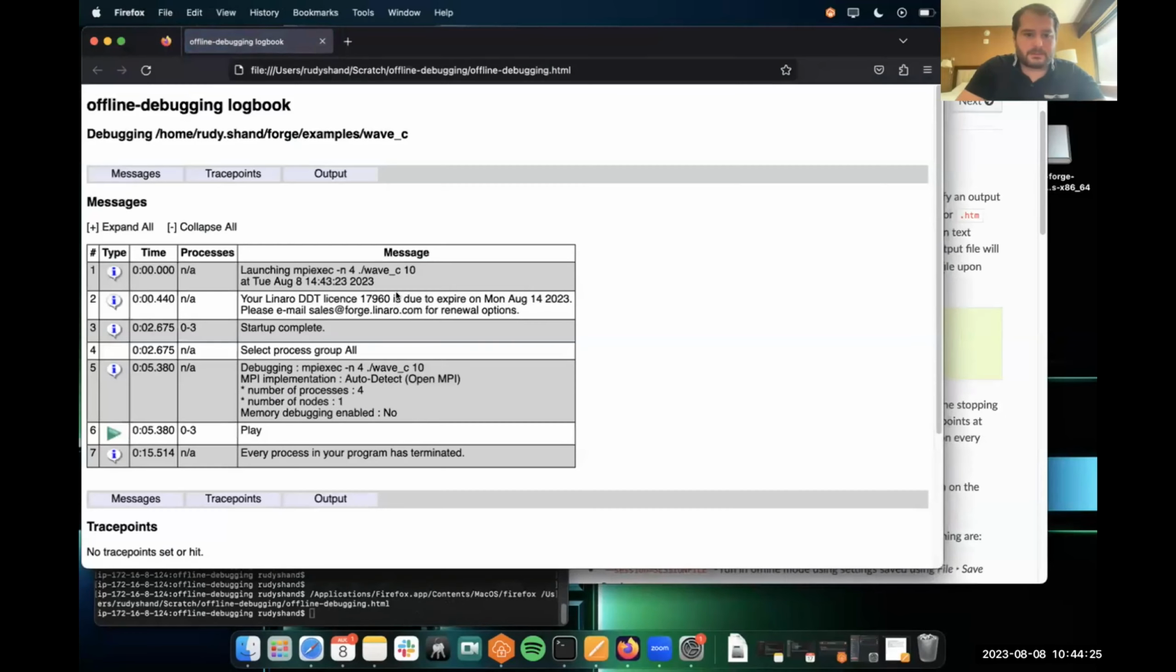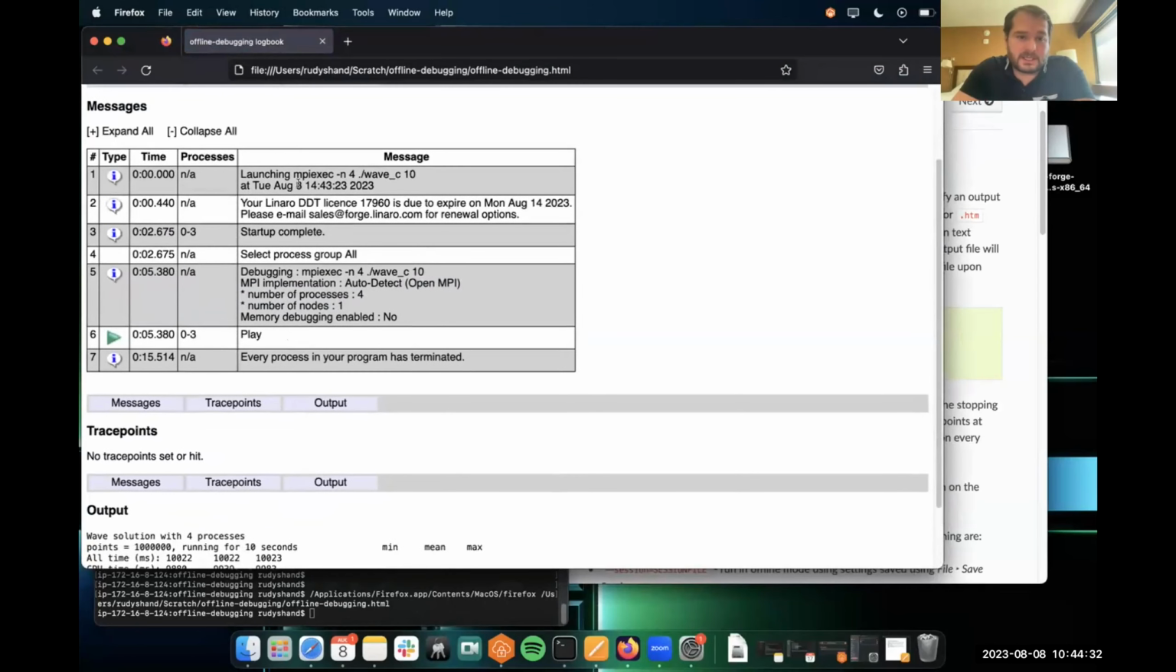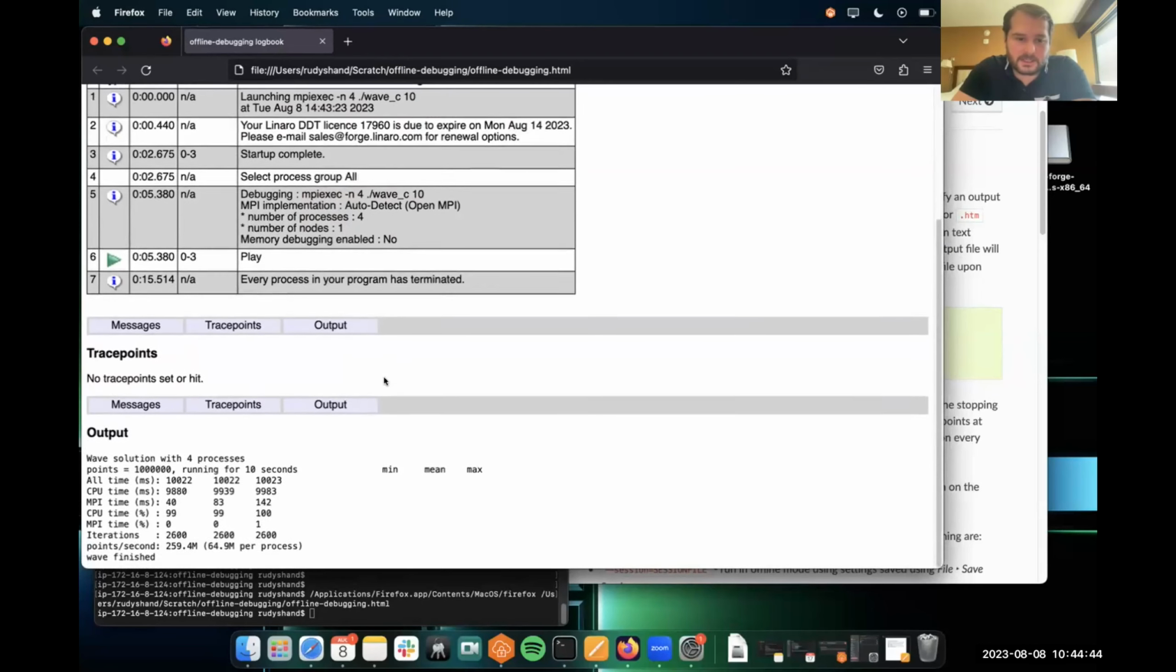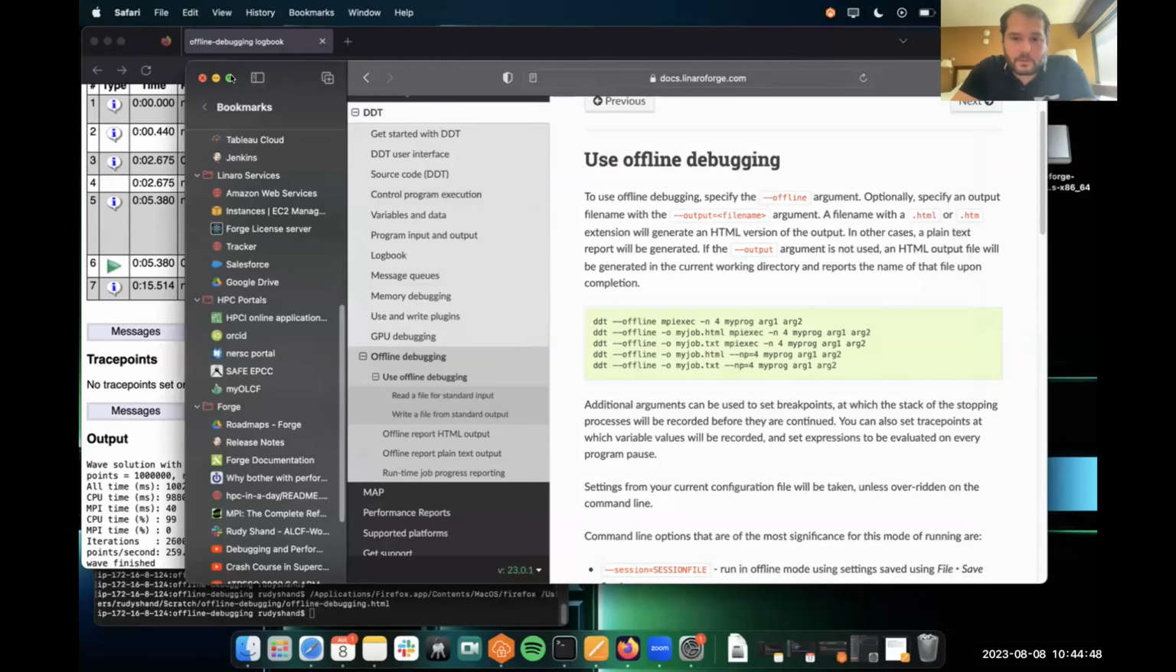Offline debug with HTML. Yeah, so what you can see is this is a very basic log. Currently all it's saying is what application we ran, and it gives you some metadata. We ran wave C for 10 seconds using mpiexec with 4 processes. So there's nothing very interesting that it's saying here, but if you look at the documentation, what we can